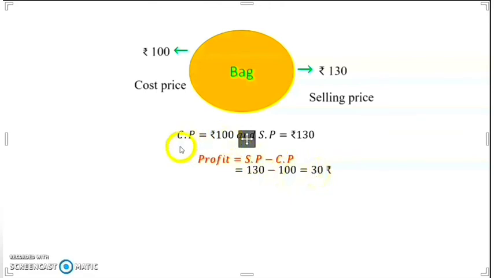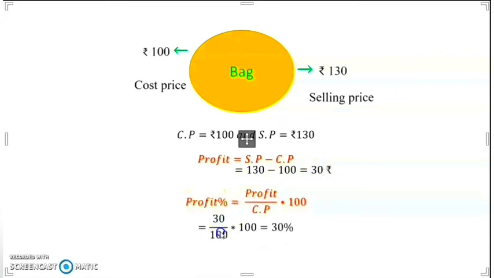Now this profit is in rupees. So if you want to find the profit in terms of percentage of CP, it will be given by profit percent equal to profit upon CP into 100. So in this example, the profit is 30 rupees. So the profit percent will be 30 upon 100 into 100 since the CP is here 100. So this gives profit percent to be 30%. But this was the example where you have gained the profit.